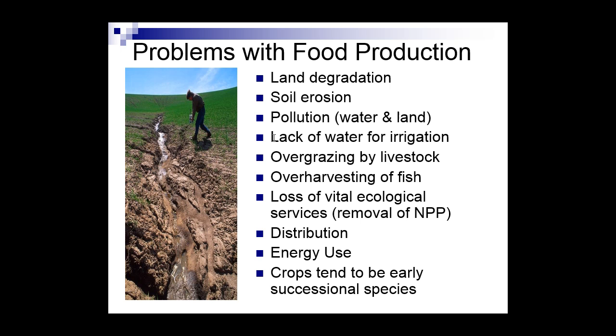We're definitely over-harvesting fish. Oh my gosh. We're going to talk about something called the tragedy of the commons in class. And this is basically if you leave everything as a common good, then eventually humans are so greedy we just use all of it. And we don't even realize it until it's gone. The removal of net primary productivity and other ecological services.